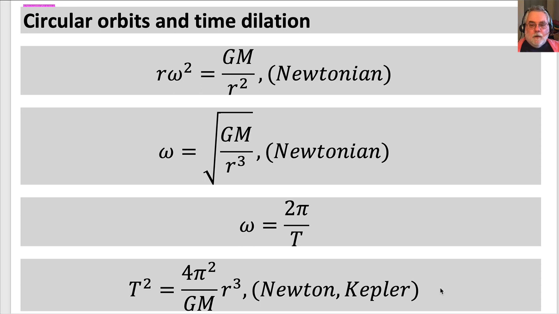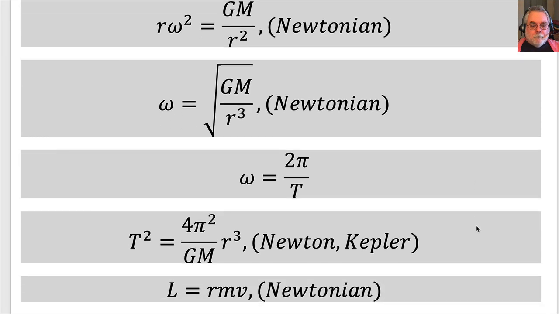For circular orbits of small masses around one large mass, widely spaced orbits satisfy that the period squared is proportional to the orbit radius cubed. This is one of Kepler's laws reduced to circular orbits. Angular momentum, L, is the product of orbit radius, the mass of the orbiting body, and its tangential velocity. Angular momentum is a constant of motion in a central force field, even in general relativity, for orbiting a non-rotating